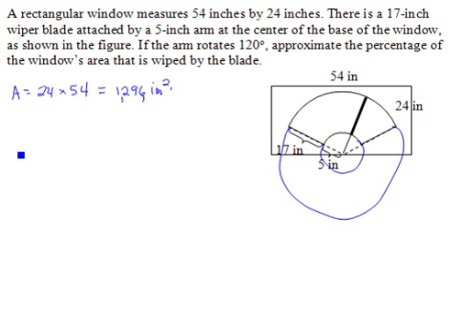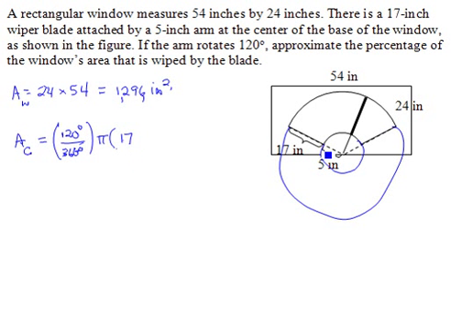Now we're going to need the area that's wiped clean. So I'll call that area A sub W for the window. The area for the big circle, I'll call that AC, can be calculated by doing, I'll tell you what, I'm not going to do the whole circle, I'm just going to do the section of the circle. That section of the circle is formed by the 120 degree rotation. That's a fraction of the full 360 degree rotation that would make the big circle. So that fraction multiplied by pi r squared, in this case r is the 17 inches that goes out from the center of this big circle to the edge of the wiper blade,